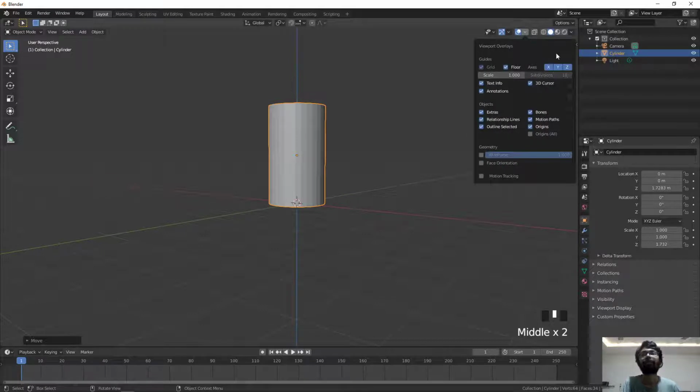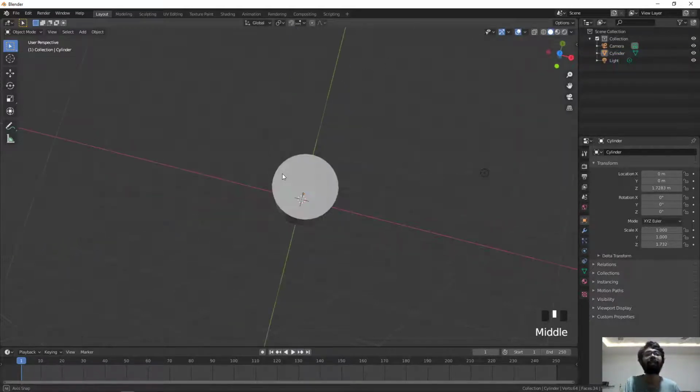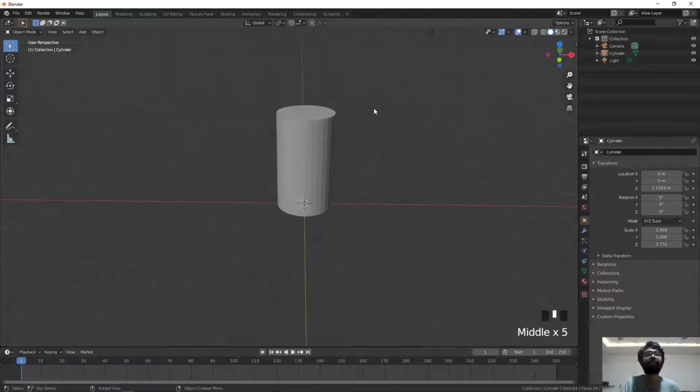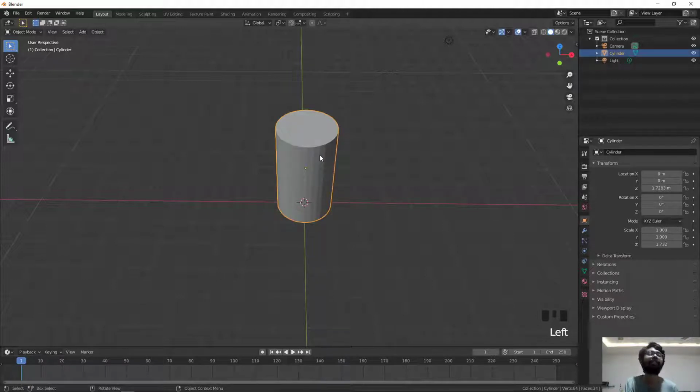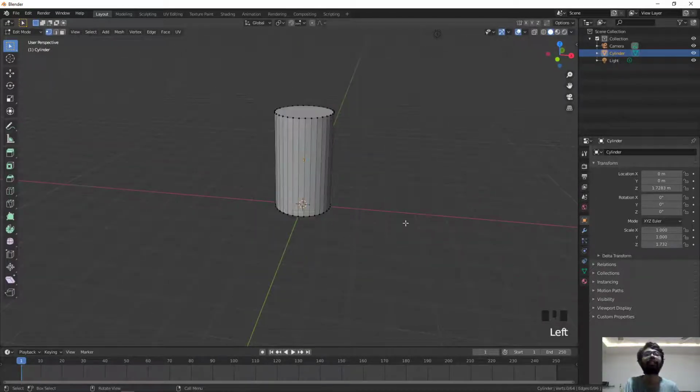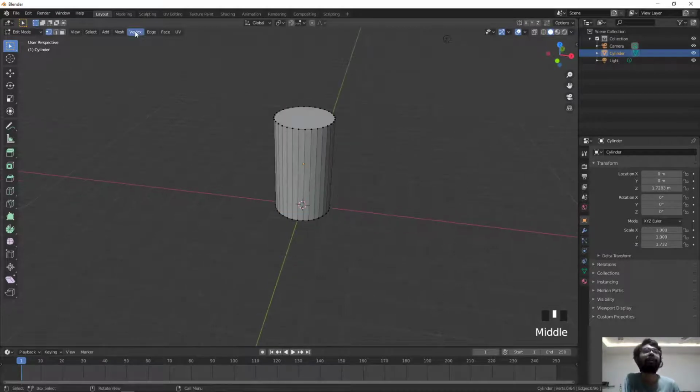So now I'll just edit this object. I have to make this mouth bigger and this part smaller. So to do this, I'll just select my object and go to edit mode. Here I can edit my object. So I'll deselect all these things. These are the vertices which the object is made up of.